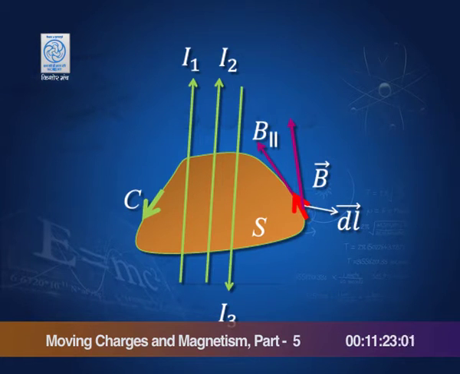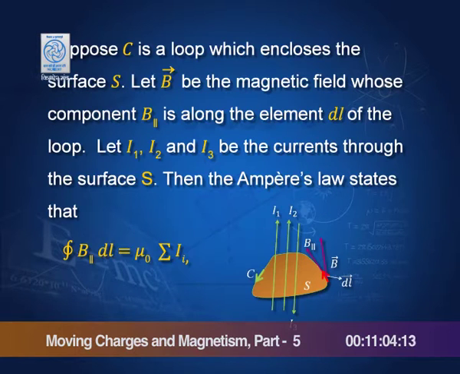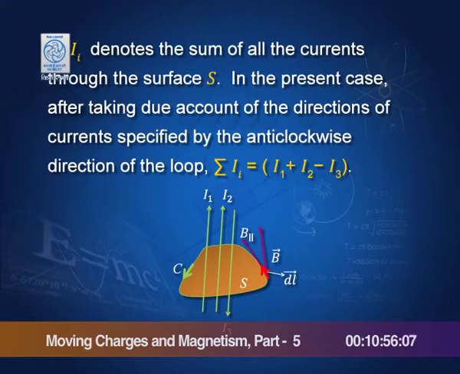You see, B is the field, and B parallel is the field which is along the direction of the loop. So, the line integral of B parallel times dl is equal to mu 0 times the sum of the currents I1 plus I2 plus I3 etcetera, which are passing through the surface S. In the present case, after taking due account of the directions of the currents specified by the anti-clockwise direction of the loop,